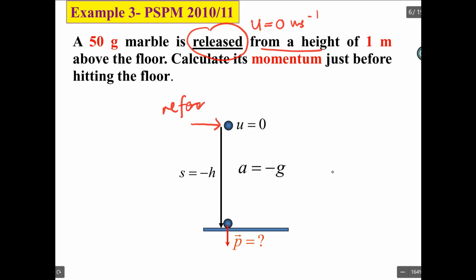Reference point. Below reference point, so below reference point, so as displacement S will be negative below reference. Okay,